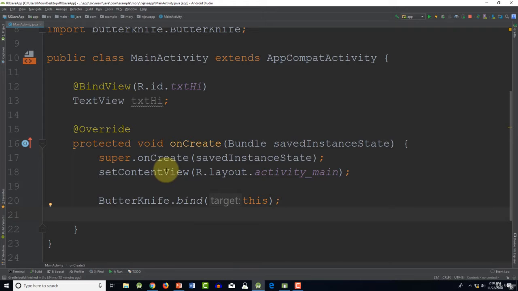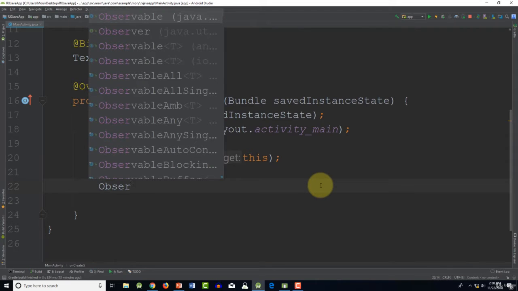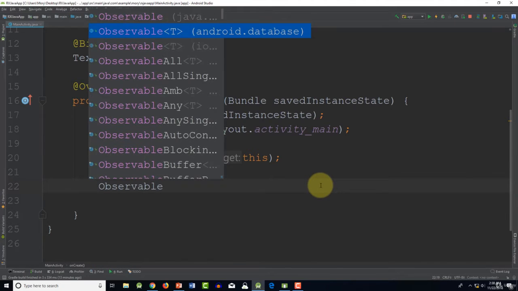Now we are ready to write RxJava code. Inside this onCreate method, observable, so I'm going to type in here Observable and notice what is going to happen. Okay, you can see that we have different observables. We have Observable from the java.util package. We have the Observable from the Android database. And take a look at this one, Observable from the